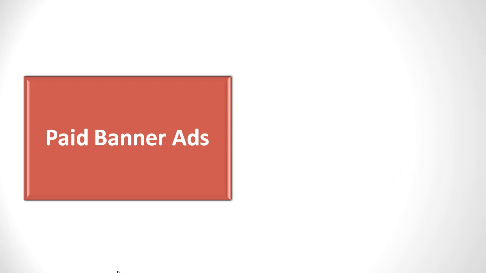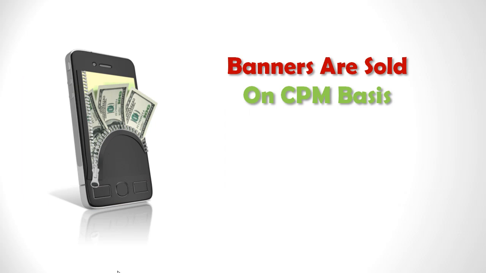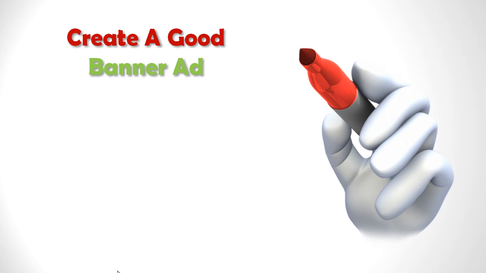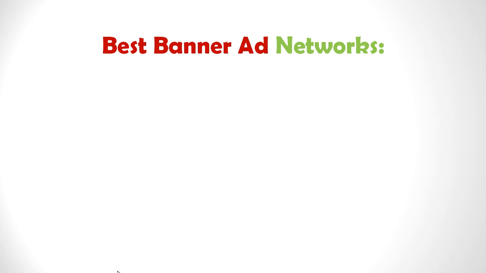Banner advertising works a little differently than pay-per-click advertising. Usually, banners are sold on a CPM or cost per thousand basis, with M representing the Roman numeral for 1,000. This means you pay for every 1,000 times that your banner is shown. In order to create a good banner ad, you should definitely use the same ad writing strategies that you did with pay-per-click ads, except translate them over to image form. Here is a list of the best banner ad networks to use: